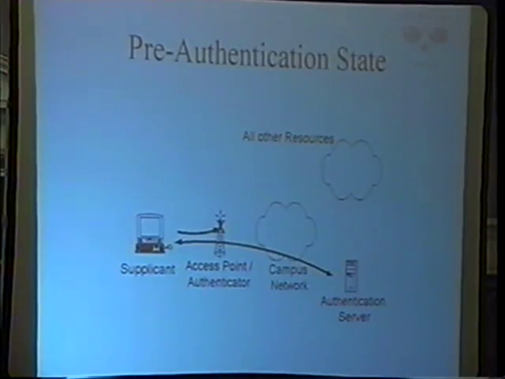How does it all happen? Well, first of all, in the pre-authentication state, the only thing you can do is talk to the authentication server. You can't do anything else. You don't go to a port 80 HTTP portal. You don't do anything else interesting. This is kind of like a lower level portal concept where you can send data, but the only thing you end up being able to do is talk to the authentication server.